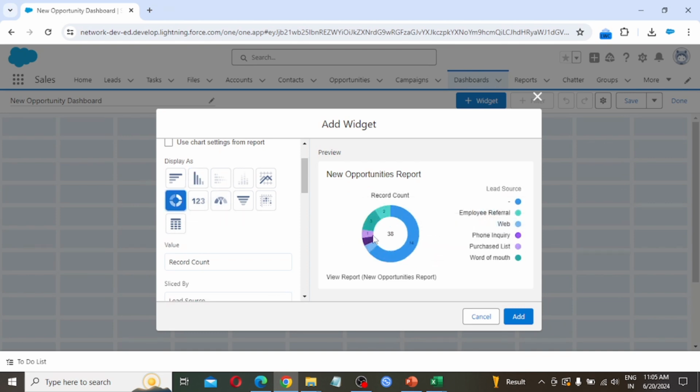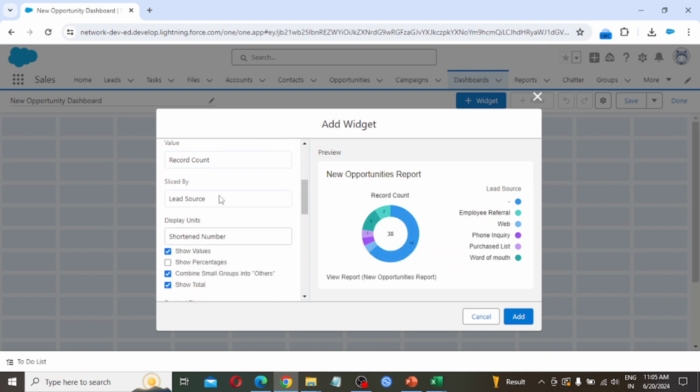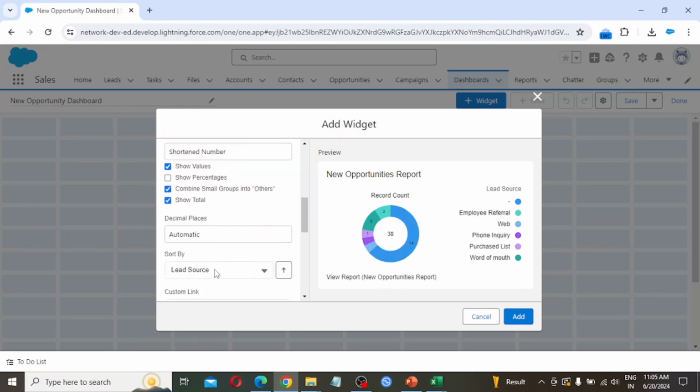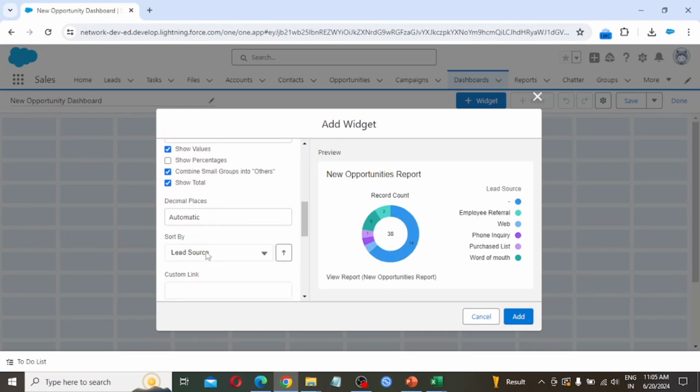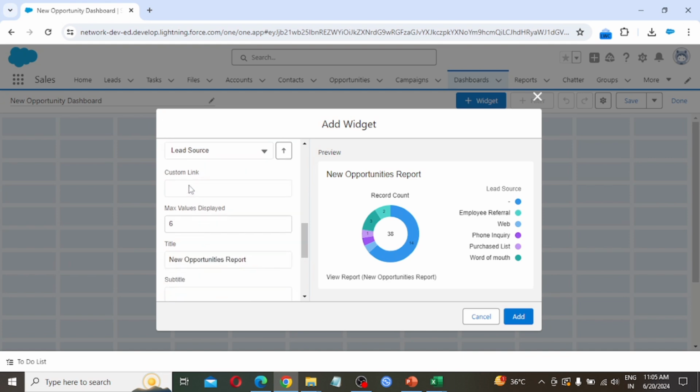I am going with donut chart. The value is record count sliced by lead source. Display unit: shortened number, showing the number. Decimal places: automatic. Sort by lead source, count, and maximum values displayed.